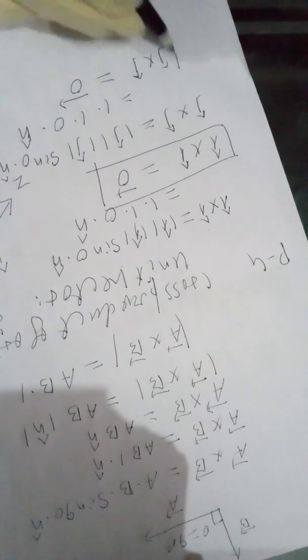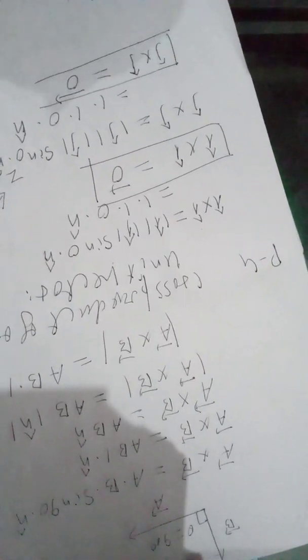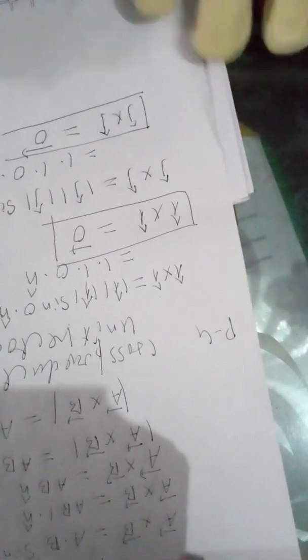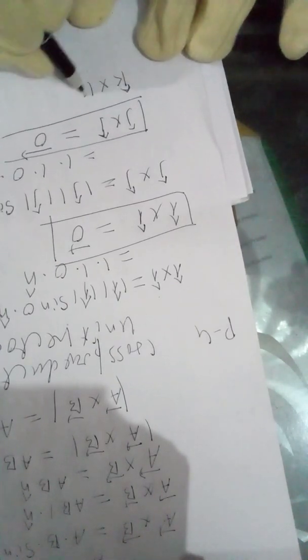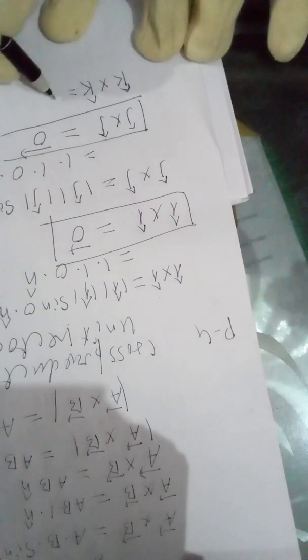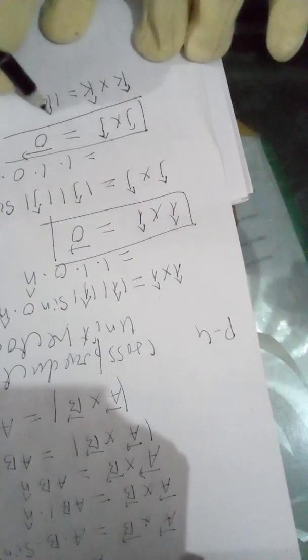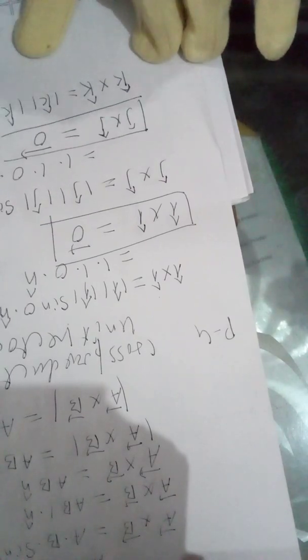Okay. So now we find k cross k. So k cross k is equal to magnitude of unit vector k into magnitude of unit vector k into sine of the angle between them. The angle between k and k is 0, into unit vector n cap. The magnitude of a unit vector is 1, so write here 1, 1, sin 0 is 0, n cap. So this is your 0 vector.